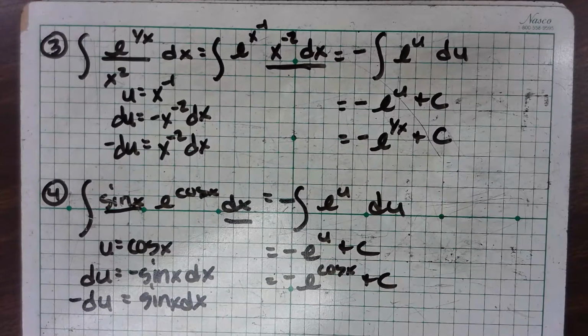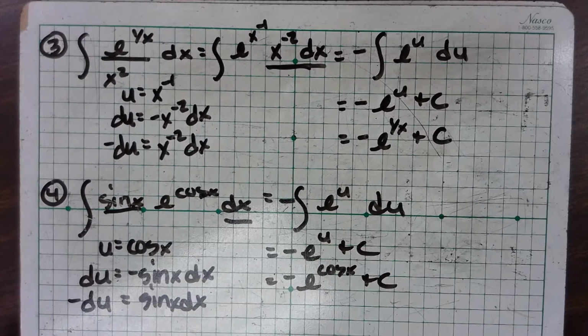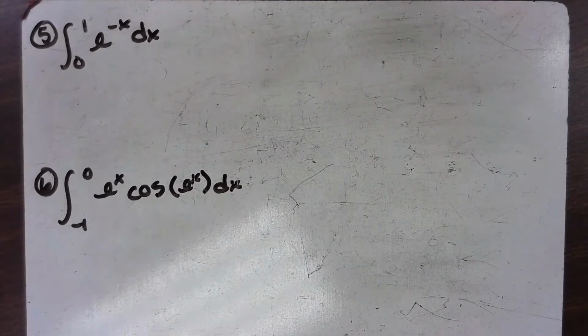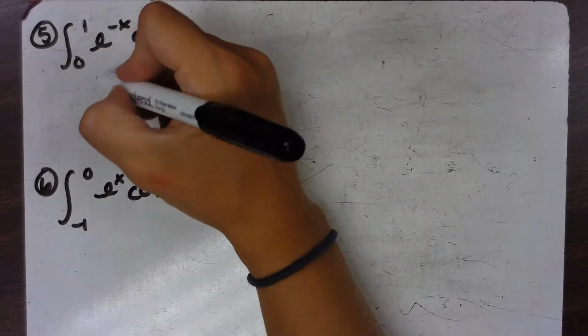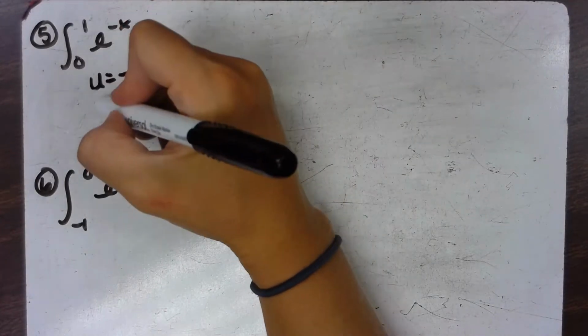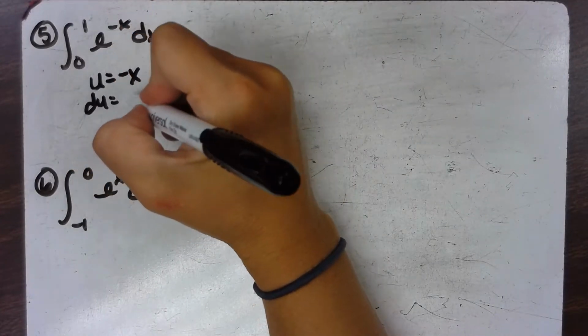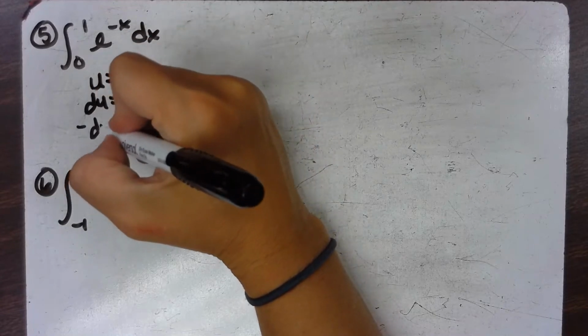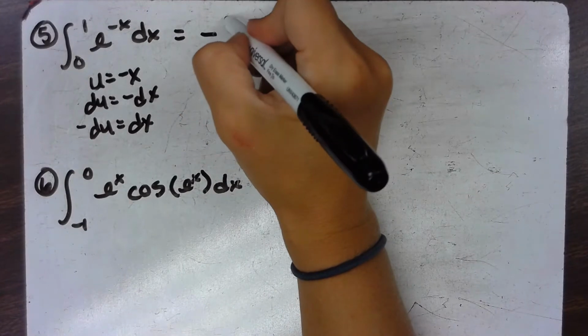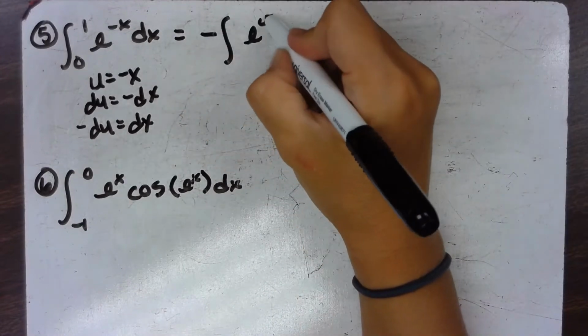All right, moving right along. Again, if you want to do some of this on your own, please do. All right, now we see that the other ones were indefinite integrals. Now we have definite integrals. So u equals negative x. Then du equals negative dx. I'm just missing the negative on the other side. So this is going to be negative e to the u